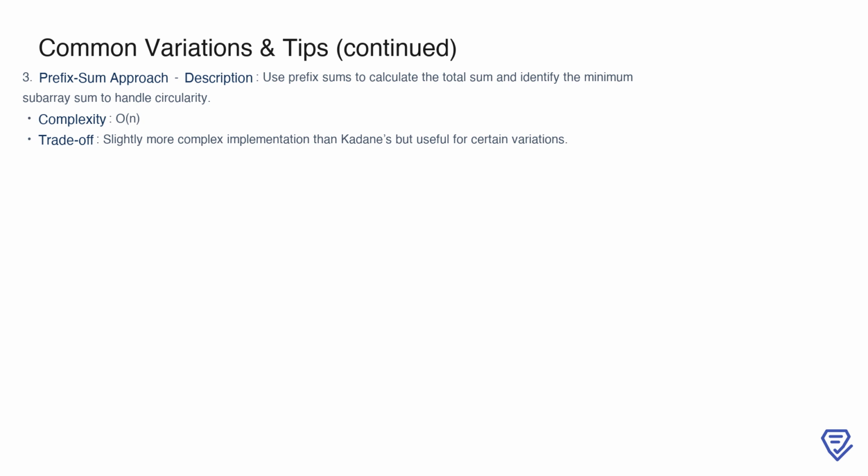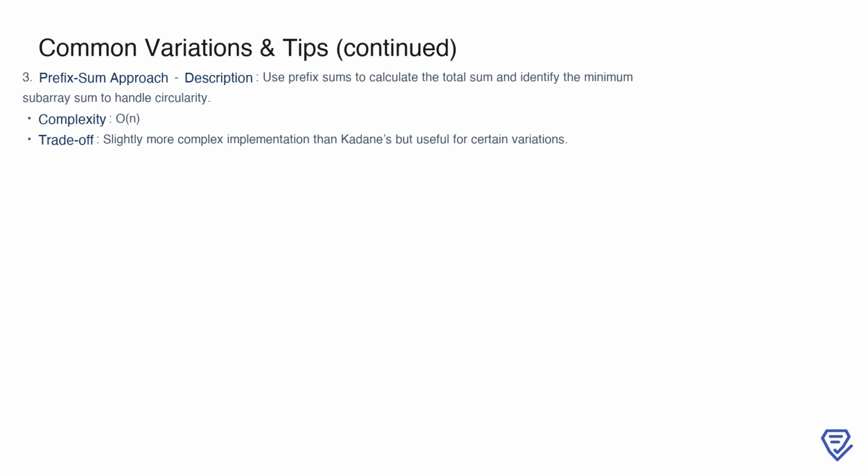This technique uses prefix sums to calculate the total sum of the array and identify the minimum subarray sum, which helps in handling the circular nature of the problem. Like Kadane's, the prefix sum approach has a time complexity of O(n), but its implementation can be slightly more complex. This method is particularly useful in specific variations of the problem, where additional insights from prefix sums might simplify certain